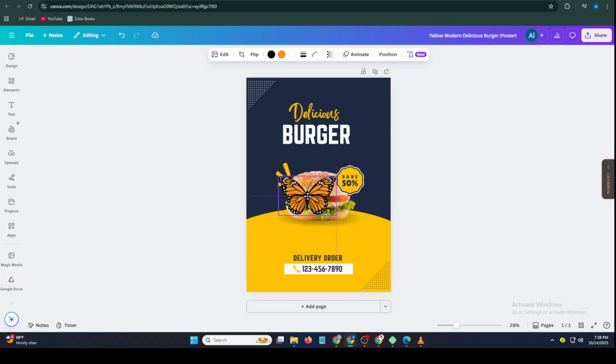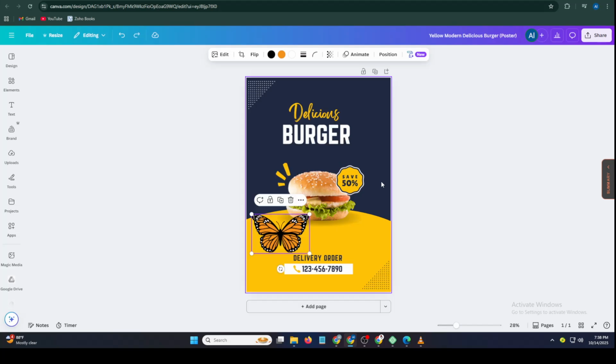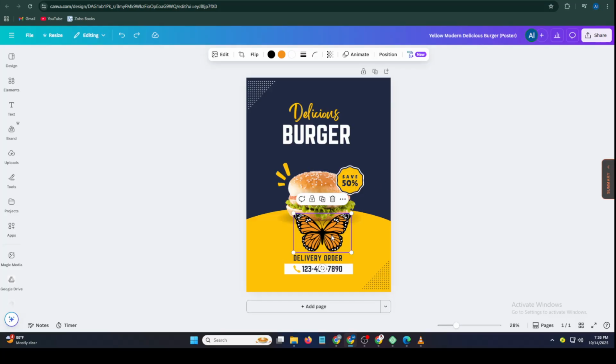And don't worry about mistakes. Undo is your safety net. Accidentally move something to the wrong spot? Just hit Ctrl+Z on Windows or Command+Z on Mac, and Canva will instantly revert your last action. It's that simple. By mastering these methods, click and drag, snap guidelines, arrow key nudging, grouping, and using undo, you'll